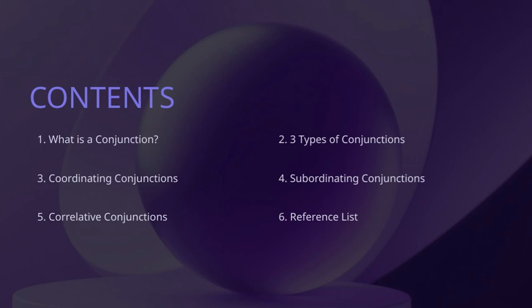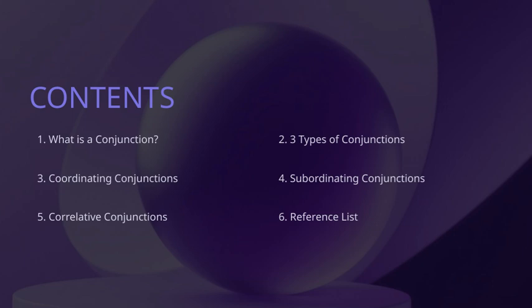Next, we have the 3 types of conjunctions. First, coordinating conjunctions, which link equal parts of a sentence with words like and, but, and or. Then we have subordinating conjunctions, which we've just discussed, connecting clauses of different importance. Lastly, the correlative conjunctions are pairs like either, or not only, but also, which work together to join sentence parts. All of these play a crucial role in making our writing clear and cohesive, tying back to our overall theme